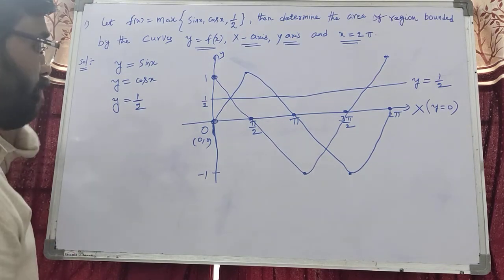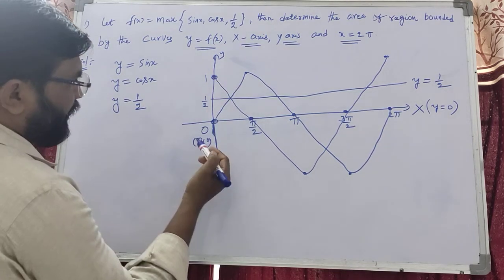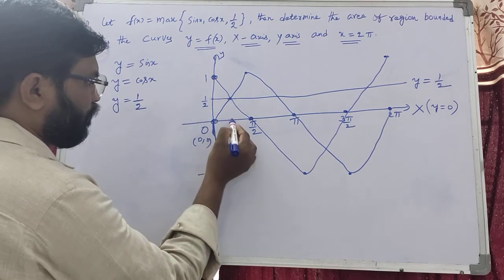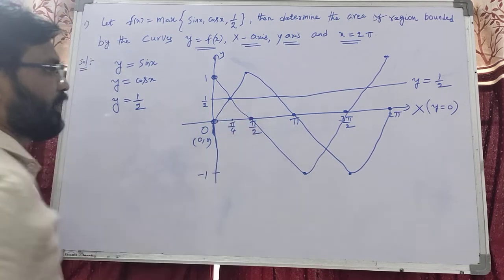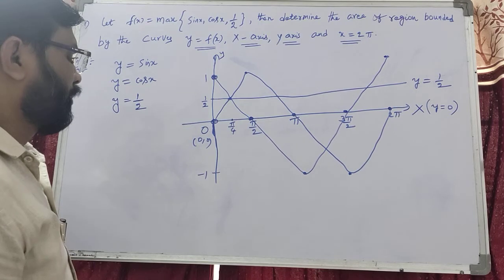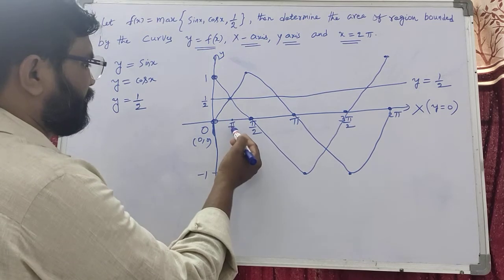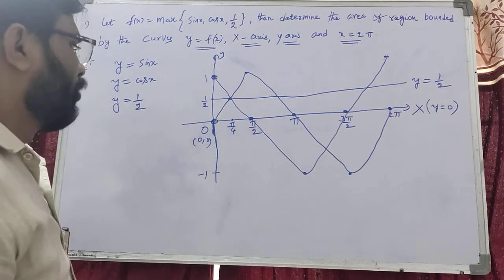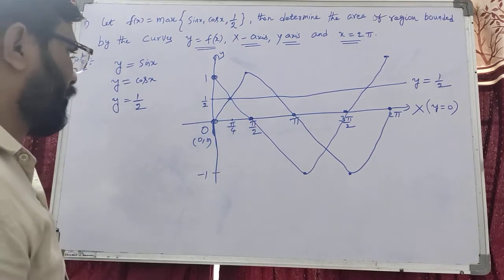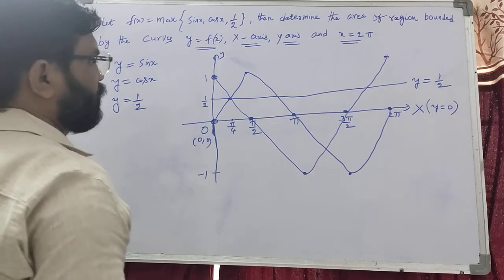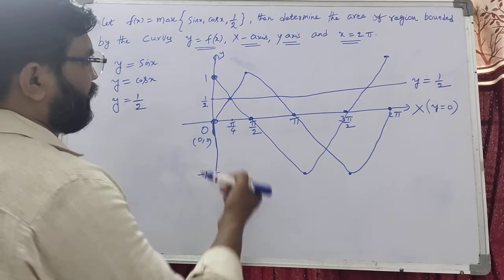Dear students, when you observe here, this is the value, we know that pi by 4. Since we know that sin 45 and cos 45 are equal, when these are intersecting here, undoubtedly at pi by 4, sin 45 is 1 by root 2 and cos 45 is 1 by root 2. Therefore, students, we can write 1 by root 2.